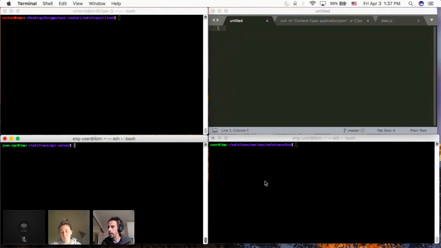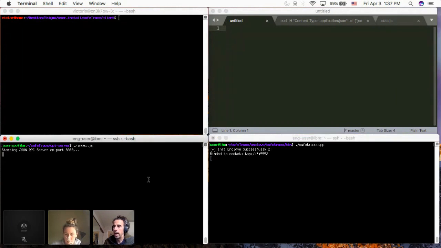And the right lower corner, this is the actual enclave that I'm starting now, and it's listening on a socket using inter-process communication to talk to a JSON RPC server, which I'm launching on the other screen. And this is the one that actually interfaces with the outside world. This is a server that, again, will respond to JSON RPC queries.